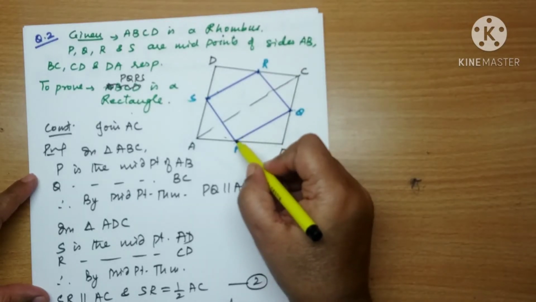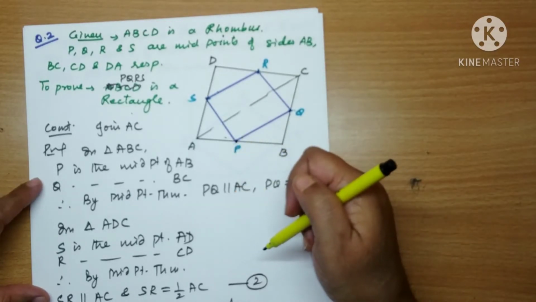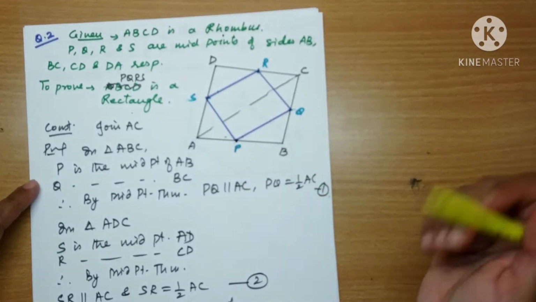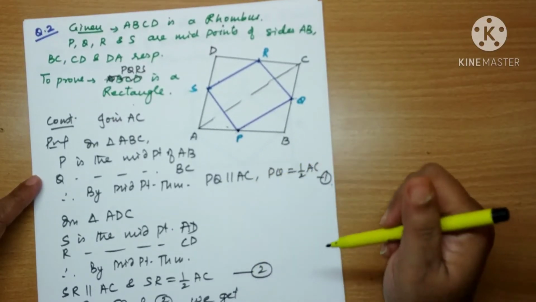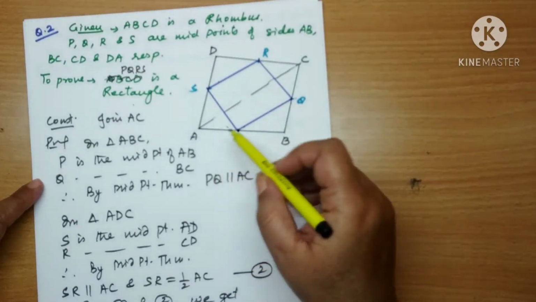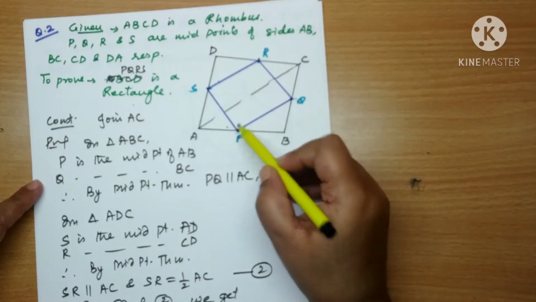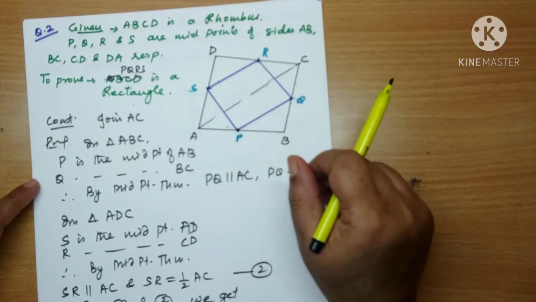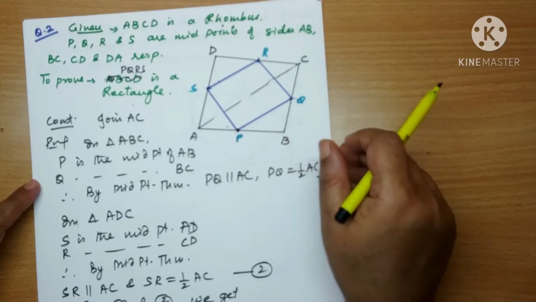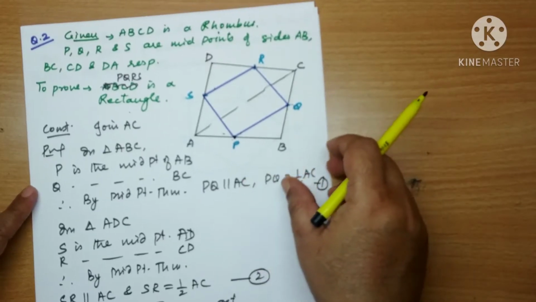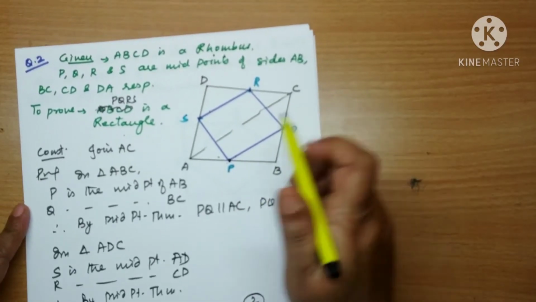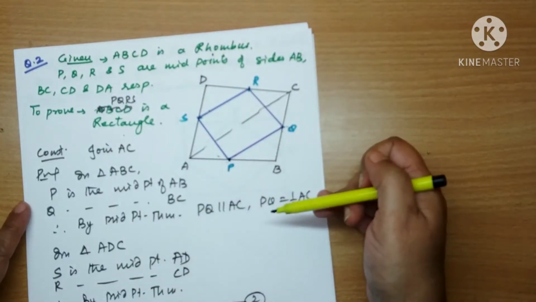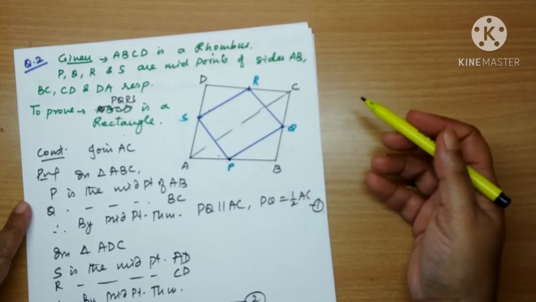So let me decide. I am trying to prove angle P is 90 degrees. How do we prove this angle P is 90? Now I need to think of this. I am able to prove it a parallelogram. Now all that is left in order to prove PQRS a rectangle is that I should prove one of these angles out of P, Q, R and S is a right angle. Now go back again to the given things. What is given? Given ABCD is a rhombus and these are the midpoints. Midpoints we have already used in order to prove it a parallelogram. What else can I use?